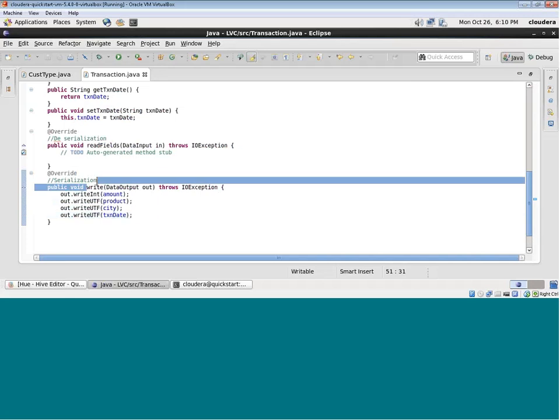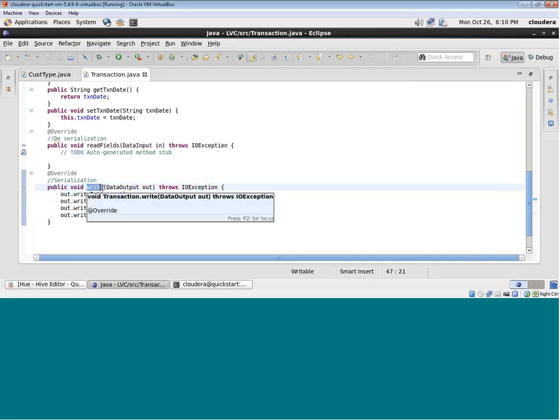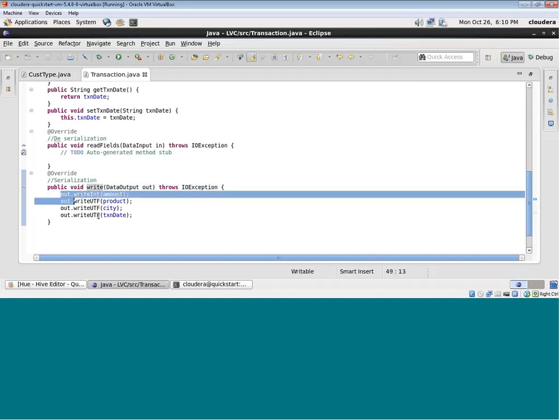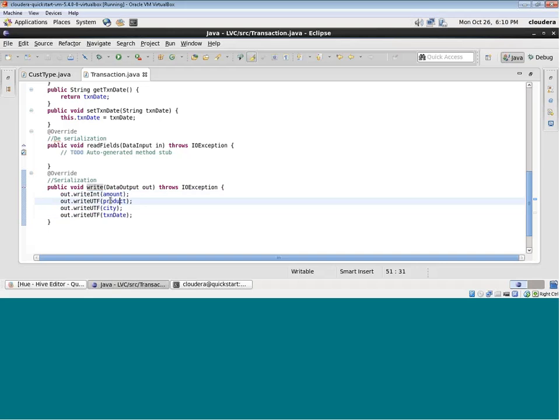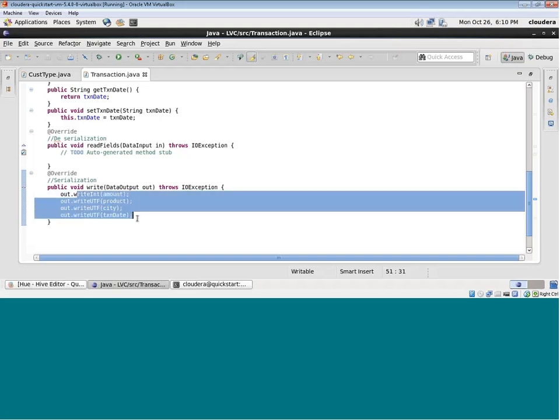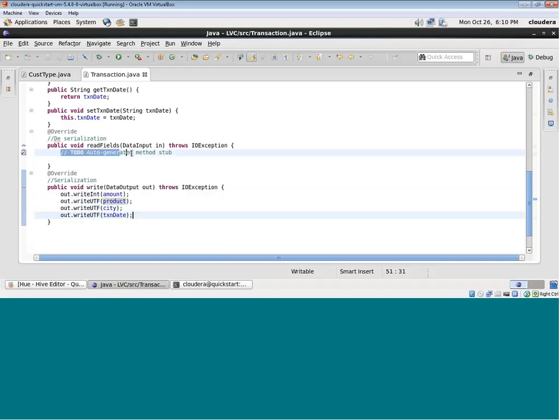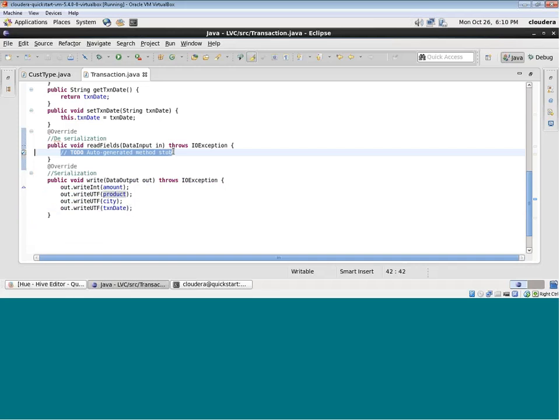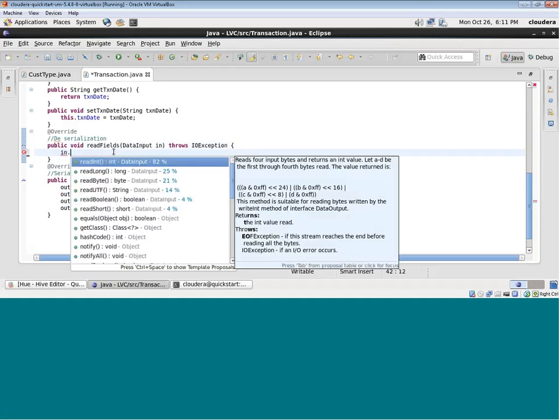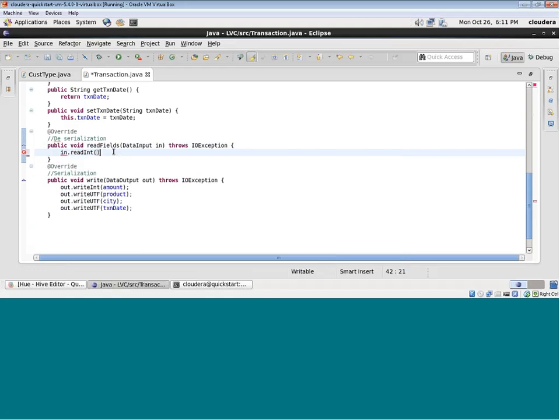So what I have done, when this object is being serialized, automatically they will call one of the methods called write of this object, where it will find out what all properties it needs to really save in the object. Right? So whatever property you have defined here, those values will be persisted in the file. Now same way, when you want to deserialize the object, it will basically use the logic of this method. Okay. So in deserialization, what do you need to do? You need to read the data, right? You'll just say,